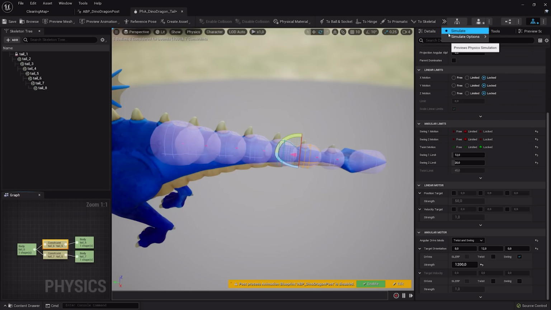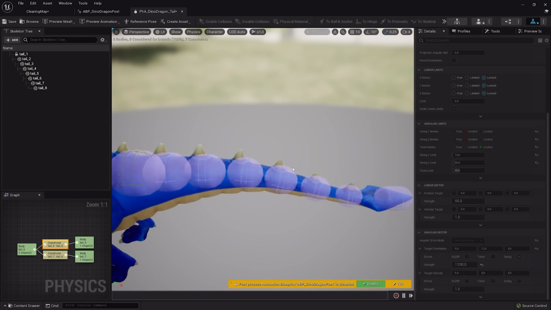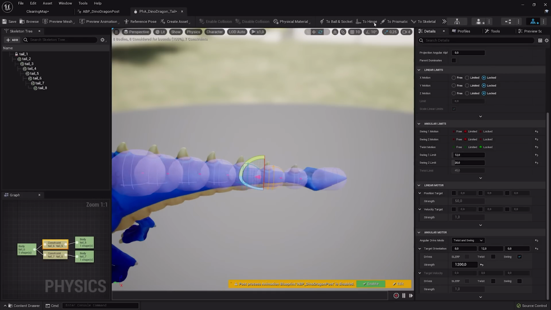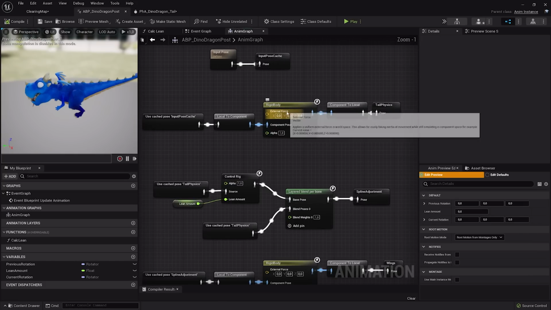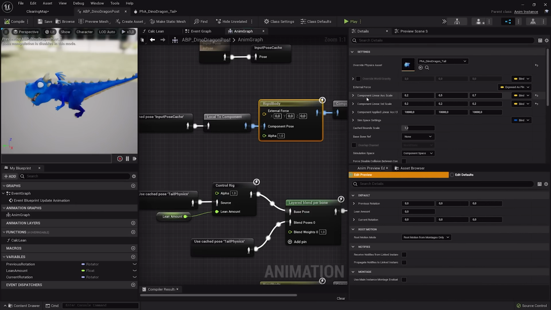And with this setup, I have this now. And this is exactly what I wanted. And no jittering, and it's fluid, and it's doing what I want. So this is perfect. So now I have a rigid body node in the animation graph. So here I add the asset. And the next thing I have to do is change the linear and velocity scale on all 3 axes. Tuning this made a big difference once the dragon stomped around in the world.